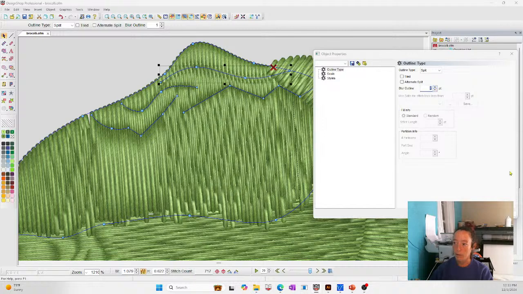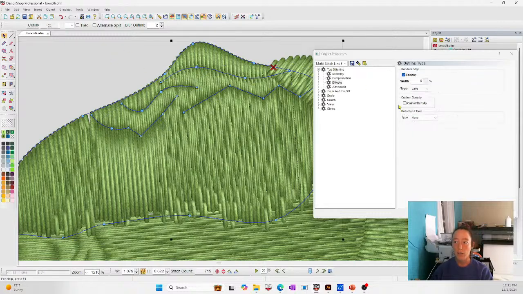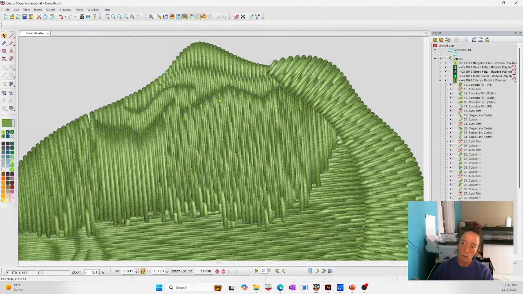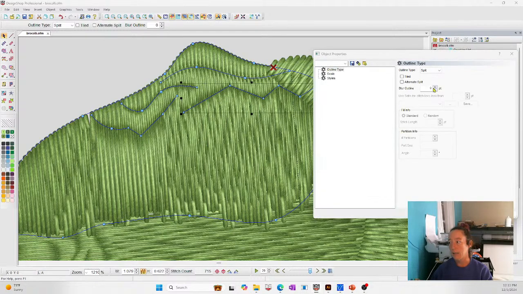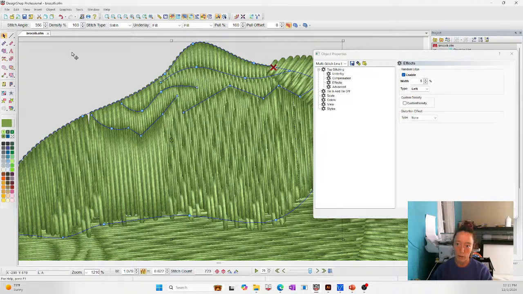Now I can blur the outline, and notice that makes it a little softer on there, right? So it's basically staggering the stitches across there so that they're not all straight in line as one piece. So again, it's just a stylistic aspect of what you think looks good for your broccoli that you're drawing,